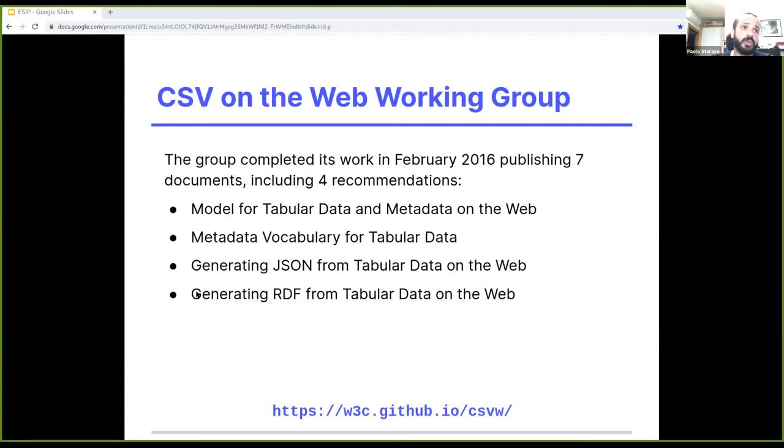And the last two documents are about generating JSON from tabular data and generating RDF from tabular data. So the main point here is that tabular data CSV that is annotated using that format can be easily translated into JSON-LD or RDF, so into a linked format.